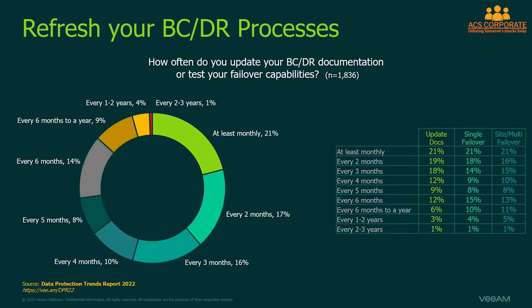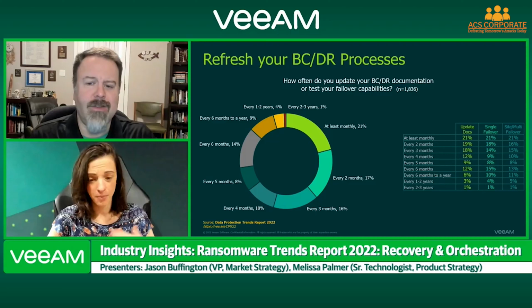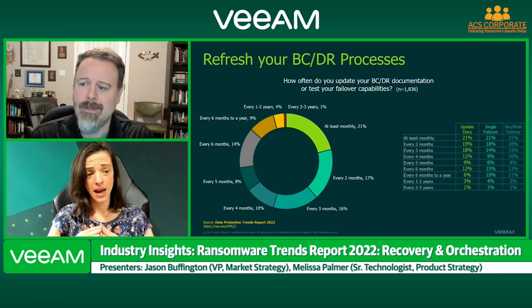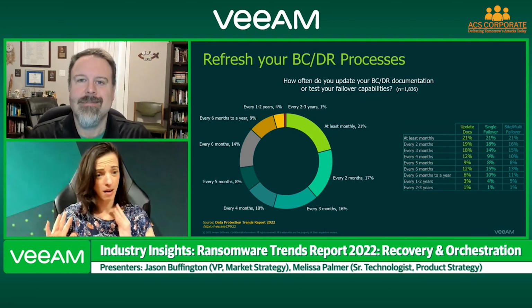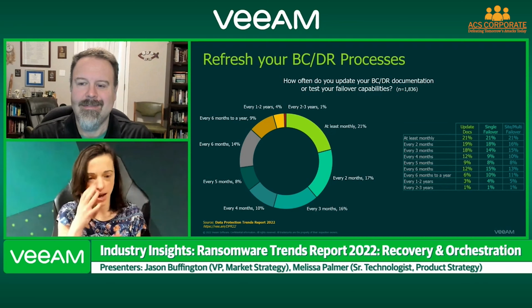Let's just talk to that pie chart for a little while. There's some good news, Melissa. 1 in 5 organizations are updating their BCDR documentation and testing monthly, and I love that. That is only good news. If you are one of those 5, though, yay for you. Okay, right? So 1 in 5, you're testing and you're updating your DR docs monthly. That's a pretty good place to be. That's a fantastic place to be. Realistically, you can get way more aggressive than that, but monthly, I'm happy when I see that. I can live with that.